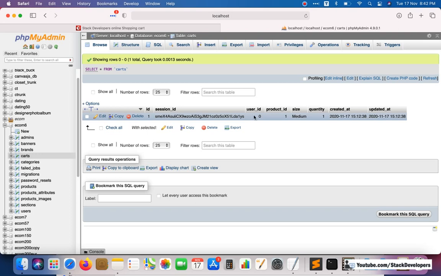So after the login we need to maintain the user id, because we are going to pick from the user id. Like I told you in the beginning, before login we are going to take the session id, and after login we are going to take the user id. We will not take the session id.